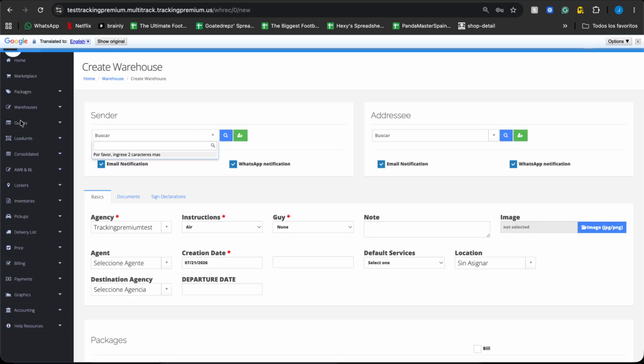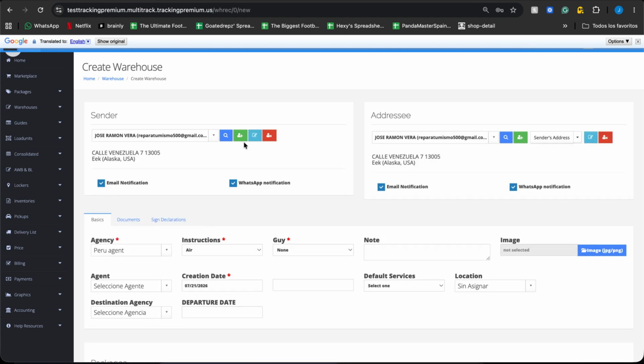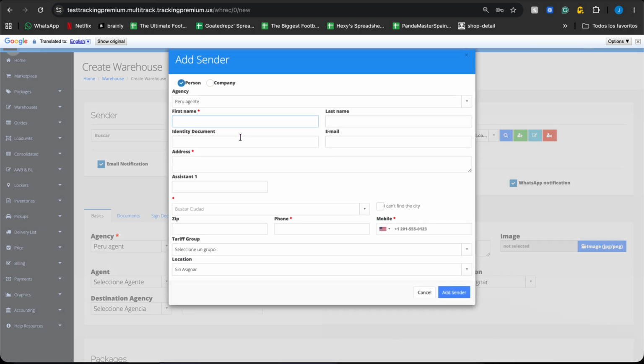Here, you're just going to need to put in the data for the warehouse receipt, like for example, the person who is sending it. Here, you're just going to put in the person's name. For example, if you already have it in the database, you just put in the person's name. And if it's a new customer or you don't have this customer added yet, you just go to the green button and here you can type in all their information, their name, the email, the addresses,